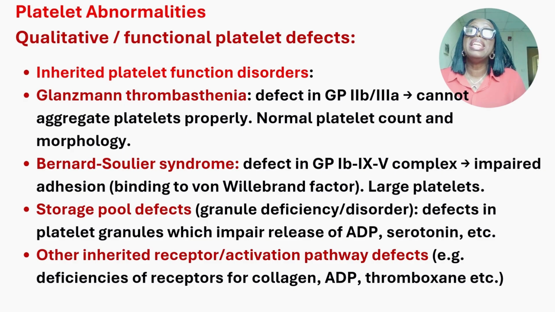We have the inherited ones, those that you inherit from your parents, either your mom or your dad, passed down through generations, mostly from a mutated gene. Number one, we have what we call Glanzmann's thrombasthenia. Glanzmann's thrombasthenia is a defect in glycoprotein 2B3A. If you remember very well, that's why I said if you have not watched the video on primary and secondary hemostasis, you need to go back and listen to the lecture